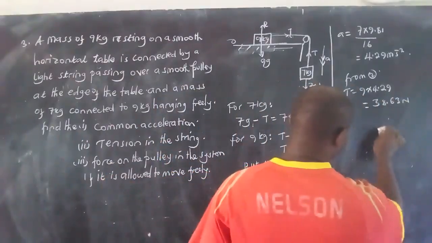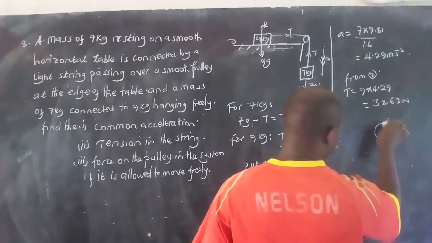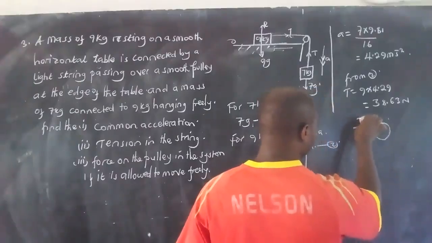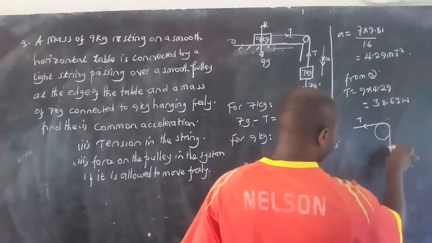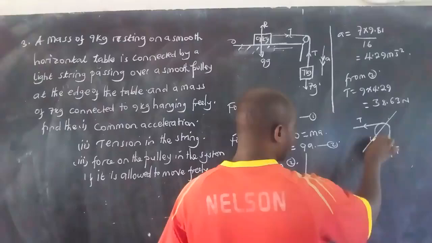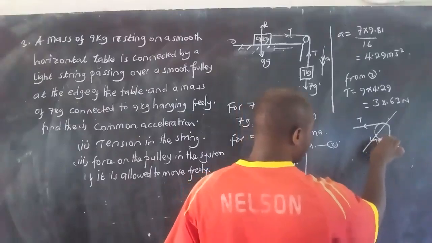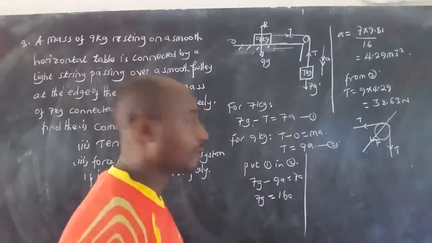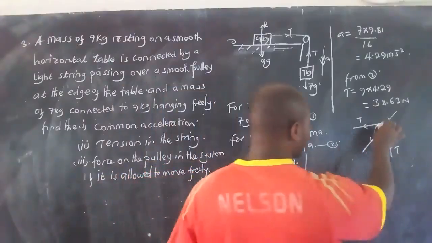So you have the pulley, this is the pulley, and you have the force. This force here is tension. Another one down here is also tension. So they want you to find this force on the pulley. How do we get this force here? How do we get to that force F? So we shall use